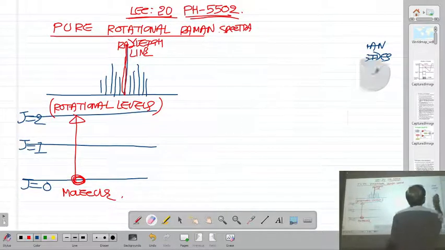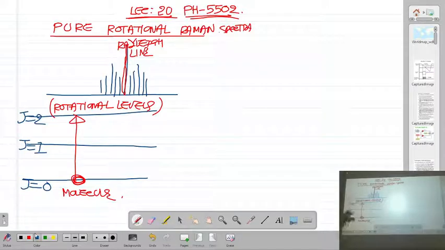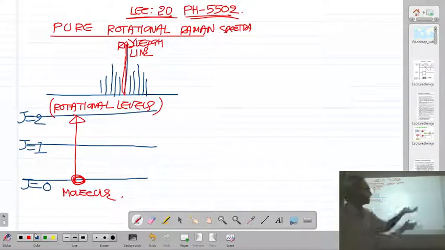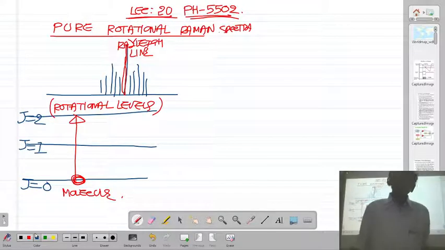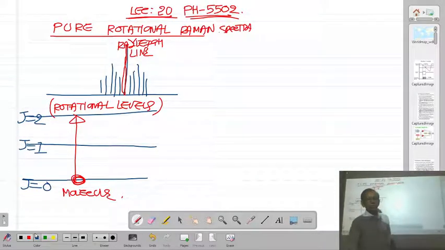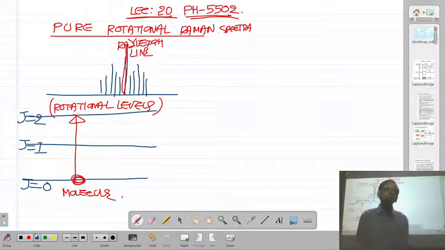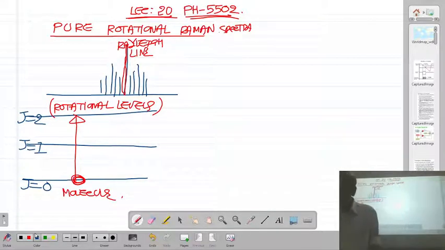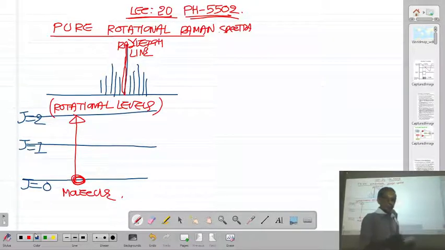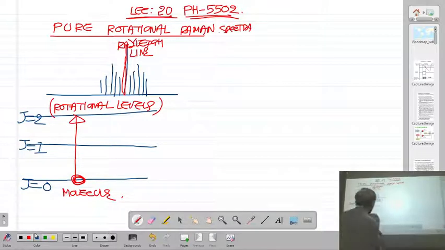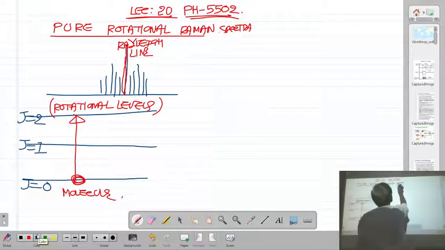Now we will write down the selection rule for this. As we have seen in the case of vibrational transition, we derived the selection rule by taking the matrix element which is not equal to 0. So here also the selection rule is obtained from the non-zero matrix element, right? So matrix elements are non-zero in case of rotational transitions.